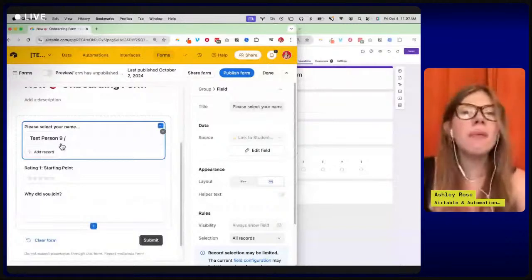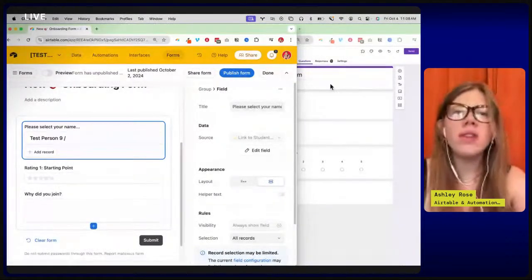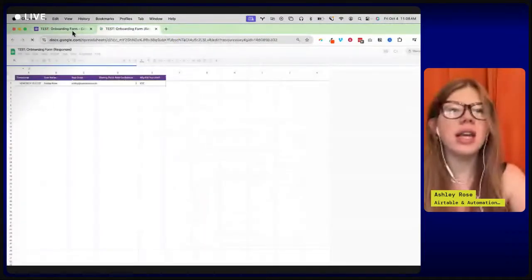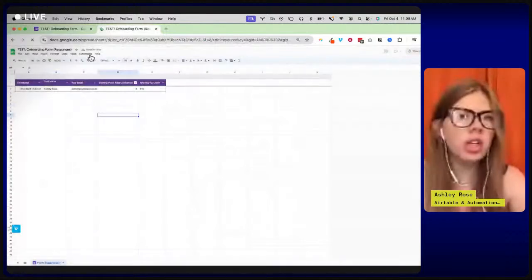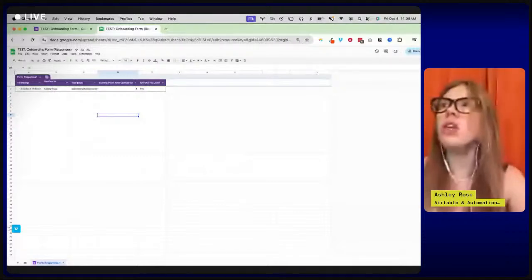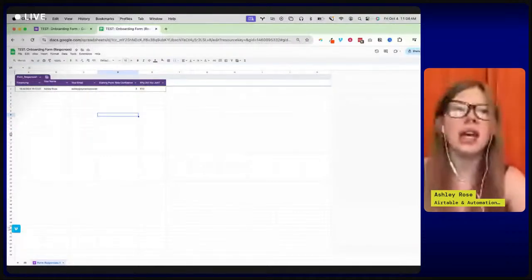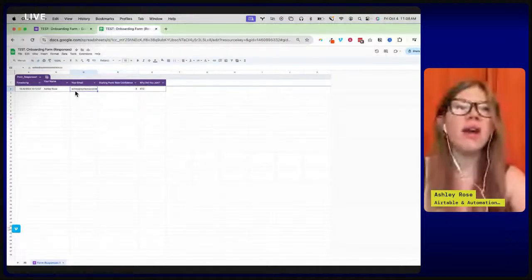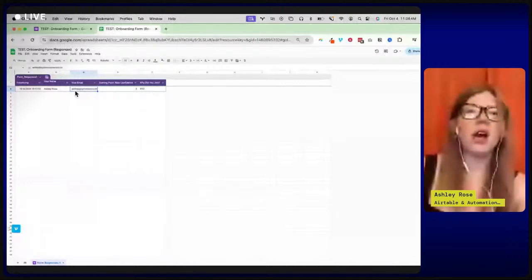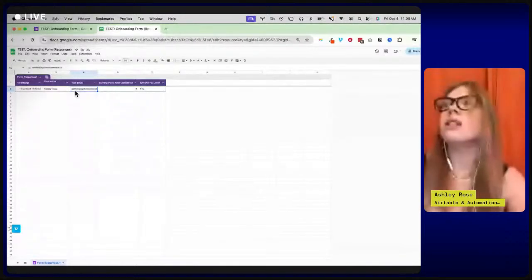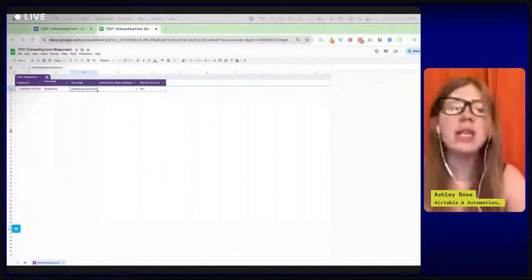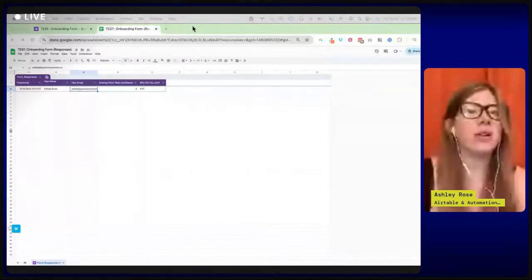Because what happens in Google Forms is all of the answers are just living in these individual Google Sheets. You've got a Google Sheet for your onboarding form responses, a Google Sheet for your offboarding, a Google Sheet for the Q&A. But you can't see, right? You'd have to put all of those tables side by side and cross-reference: okay, when did Ashley fill out her onboarding form, and how many Q&A form questions has she submitted? You just don't know the answers to those things, which is where Airtable really comes in.